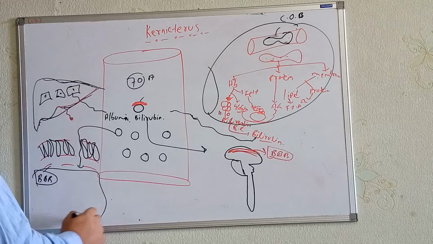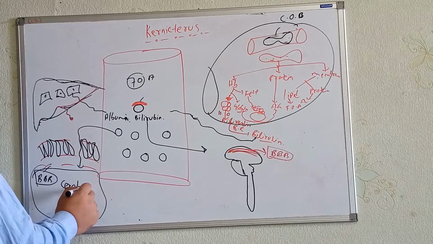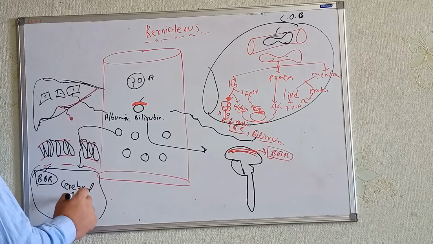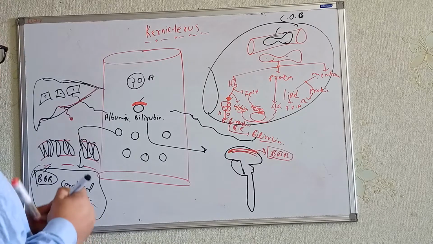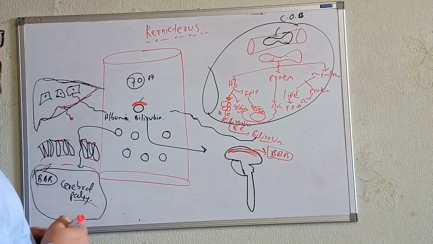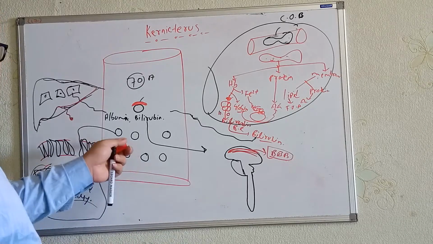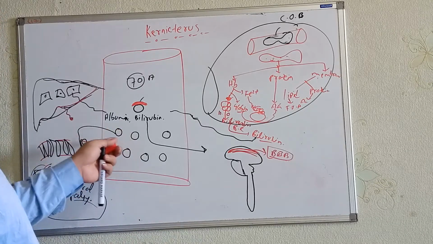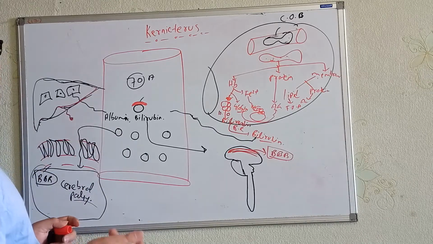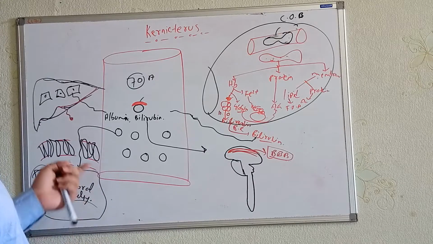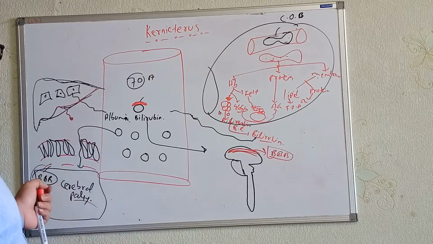This is the brain region, the cerebral part. So they can cause the cerebral palsy here. Okay. So what's the main reason here? Let me just tell you once more. This bilirubin will come to this blood-brain barrier. They can cross the blood-brain barrier because this blood-brain barrier is not developed properly. So this bilirubin can cross the blood-brain barrier, go to the cerebral part and cause the cerebral problem, cerebral palsy.